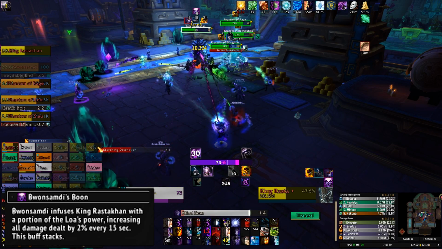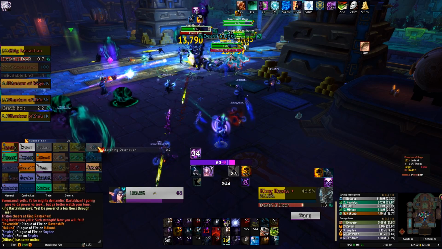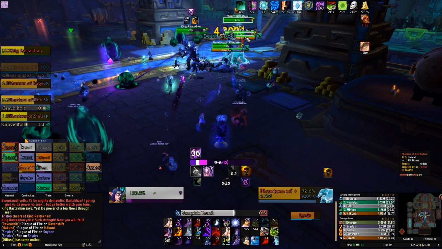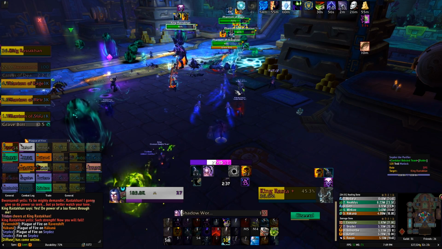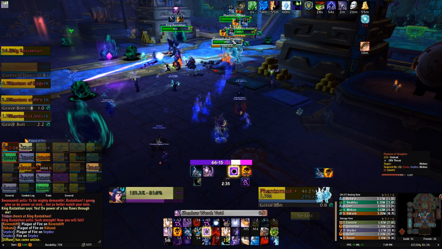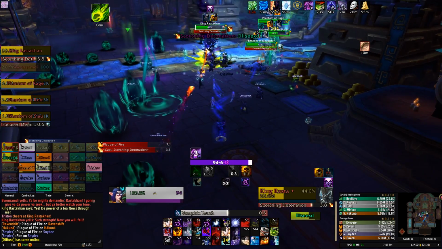Apart from that, Rastakhan won't do anything new, but you will see a few new adds. On normal, you get the Phantom of Retribution and Phantom of Rage. If you kill either of these adds, they will spawn in the Death Realm, and they already have enough to deal with, so you should just keep them alive until the last phase. You can damage them, and you should probably get them fairly low before the next phase begins, but try not